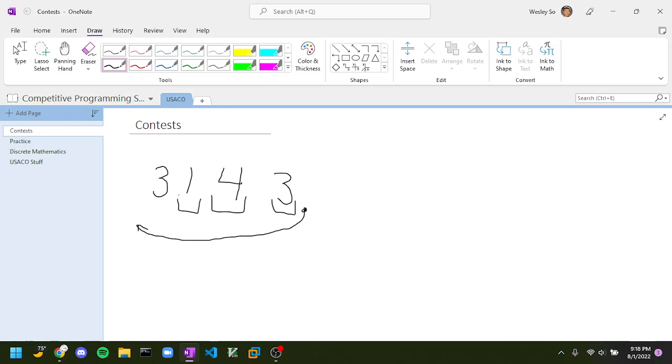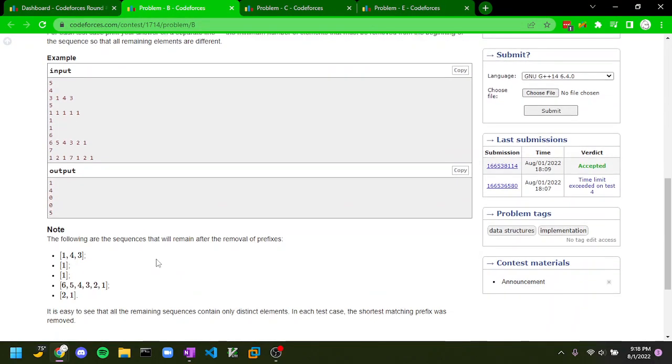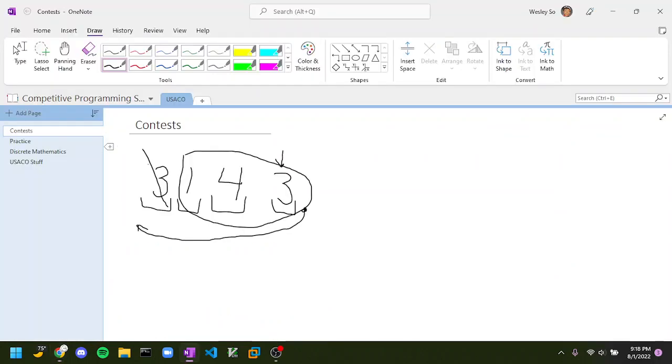Have we seen it before? Nope. It's distinct. Keep going. Have we seen this before? Yes, we have. We saw it in the first element over here. That's an ugly arrow. We've seen it here. So we kick this out, and all we have is this. And so we output 1 because that's how many we have to remove. We removed 1